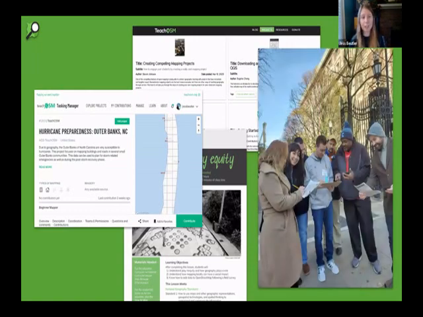And then also just engaging teachers in person. This is at Geography 2050 in New York, an event that TeachOSM has been at and supported for years. So actually these are all high school teachers in this photo, getting out using field papers and learning how to use OSM in the classroom.